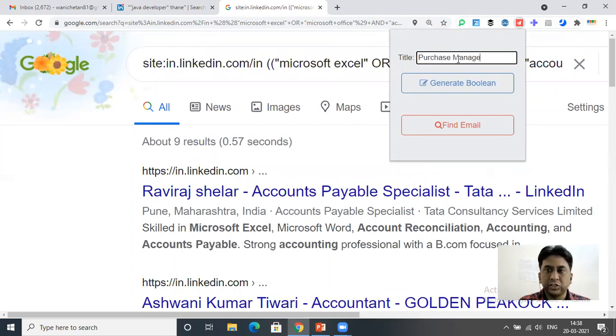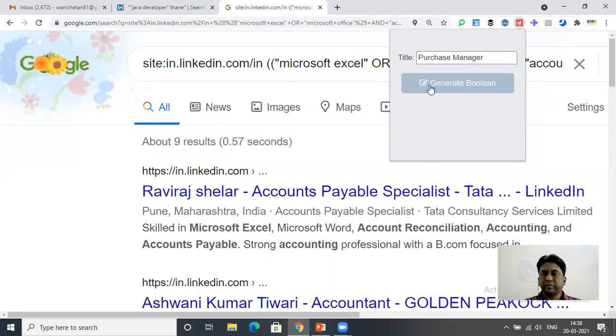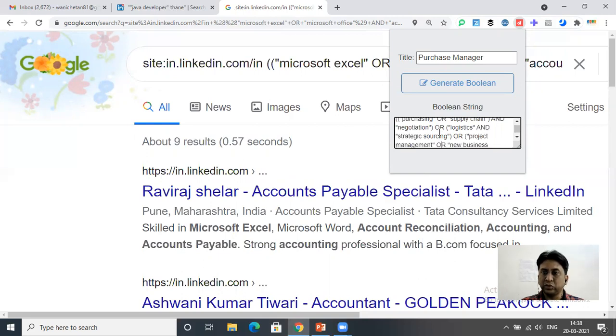Purchase manager, generate Boolean. So basically on this site, you just put the job profile and it will give you the relevant keywords. So these are the keywords: purchasing, supply chain, negotiation, logistics, project management. So now you have a fair idea. Now use these keywords, write a site colon and a location, and you can find your apt candidate.